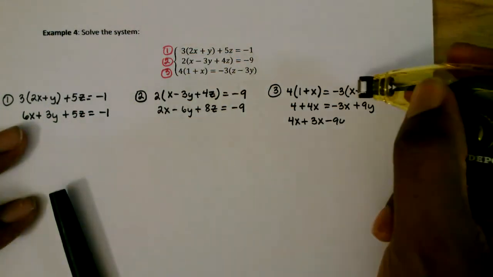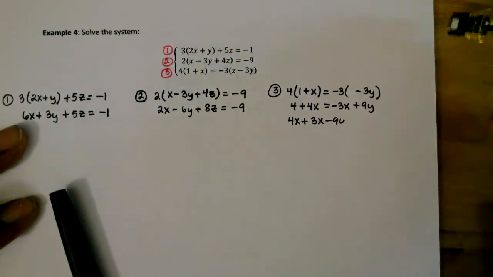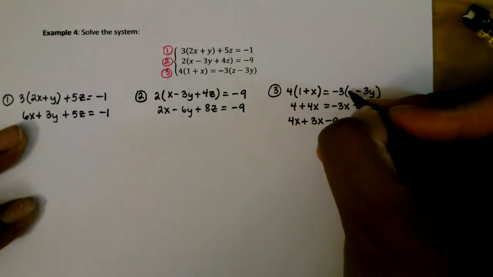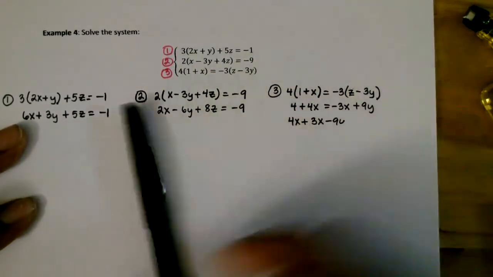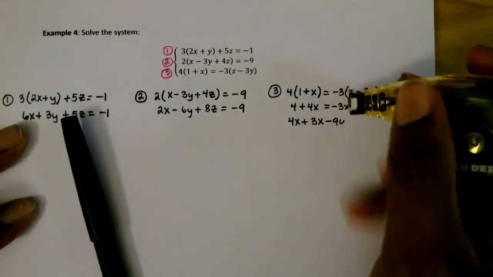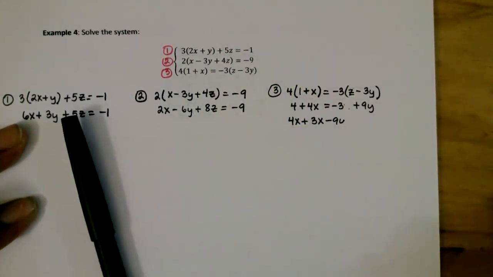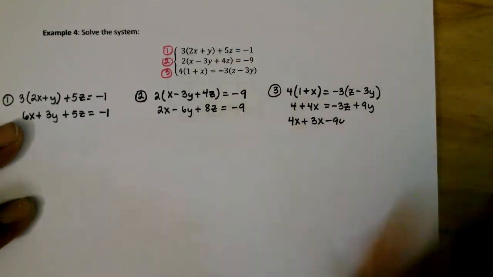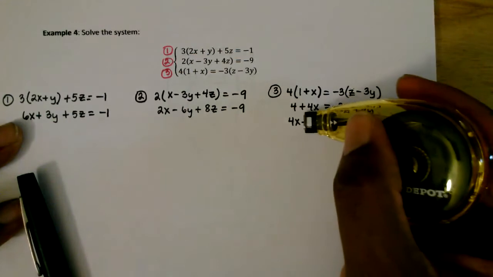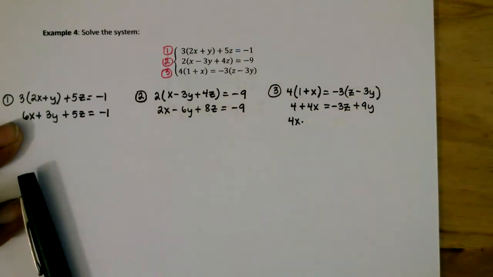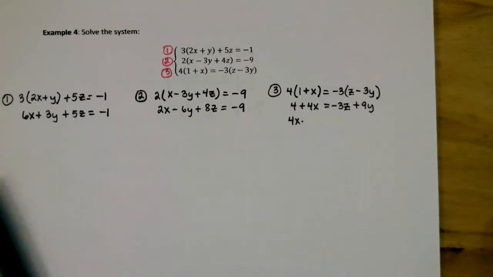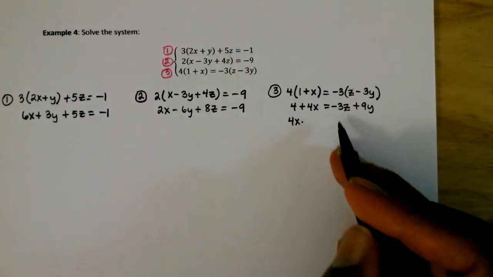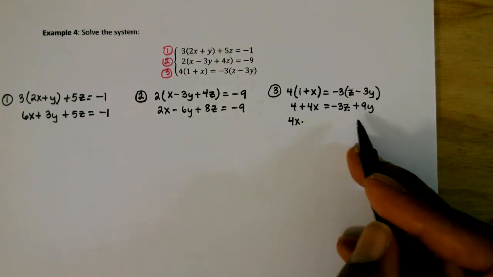This should be a z. It should also be a z as well. I'm going to white out all of this here. Okay. All right, that should be 4 plus 4x, and then that's equal to negative 3x plus negative 3z